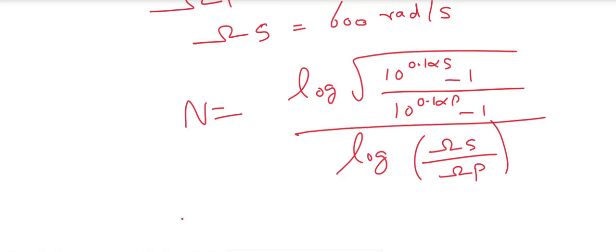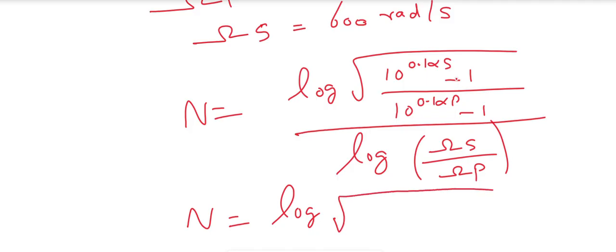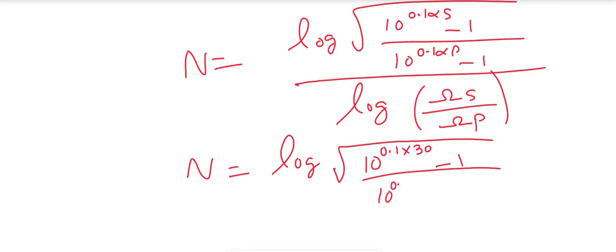Alpha s is attenuation in the stop band, which is 30 dB. So it is 10 to the power 0.1 into 30 minus 1, divided by 10 to the power 0.1 into alpha p, the attenuation in the pass band, which is 1 dB, minus 1, divided by